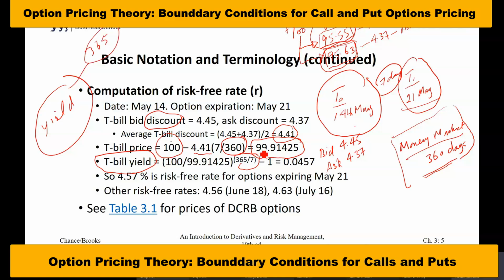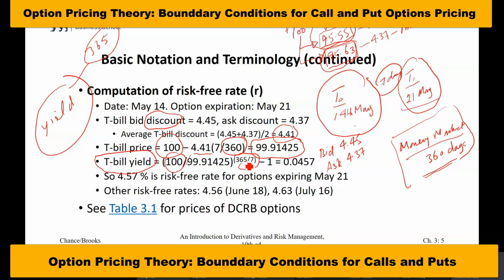If you purchase this bond for 99.91425 on 14th of May, and on the 21st May you redeem the bond, that is, you give back the bond, you will receive 100 pounds or $100 from the government. Now, if you want to calculate your return, it is just a simple calculation of an IRR. So the future value of the bond divided by the present value of the bond raised to the power